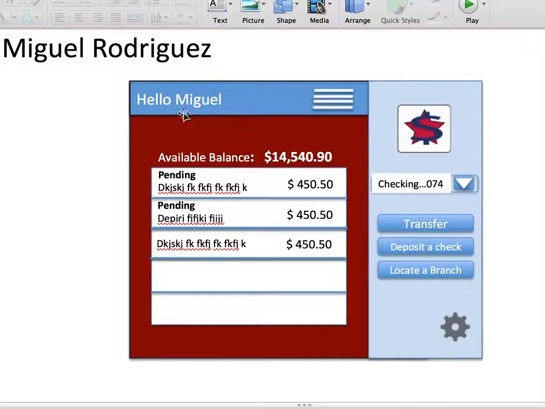screen. Here I made the logo and the colors on it. And also, before I had text only, and now I added three buttons: one for the transfer, one for the deposit, and one for the locate branch. So that looks better like that, and I think it is more appropriate for the app. As you can see, I'm working with a tablet right now. So we're going to go to the